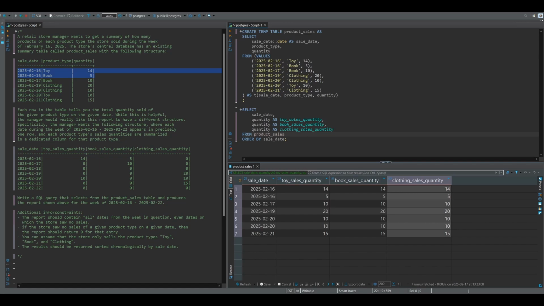Now, how do you write conditional logic in SQL? Generally, you would use a case statement, and that's what we are going to do here. So to write a case statement, you need, at a minimum, a condition and a value to return when that condition is true. In our case, the value we want to return is the quantity column from product sales, and the condition needs to return true for any rows associated with the current column's product type. In other words, when product type equals toy, book, etc. Let's give that a try real quick